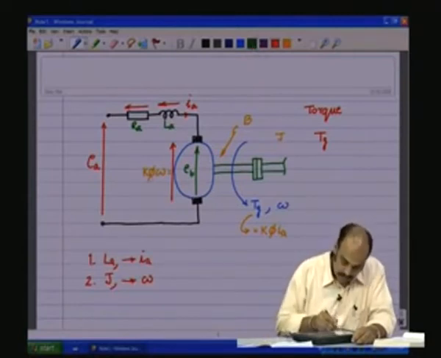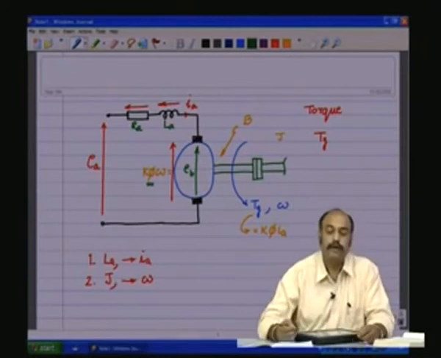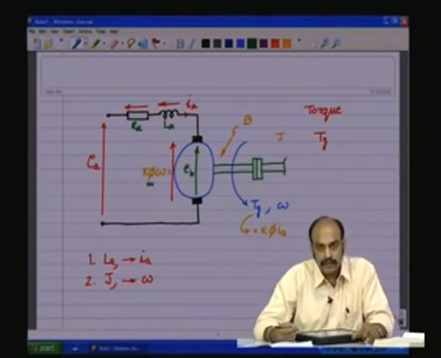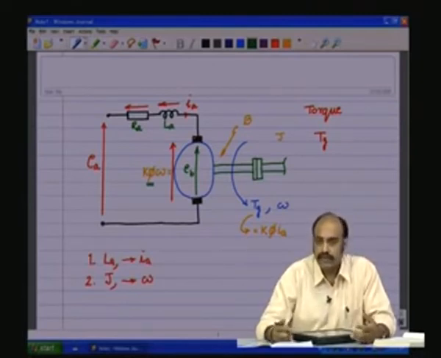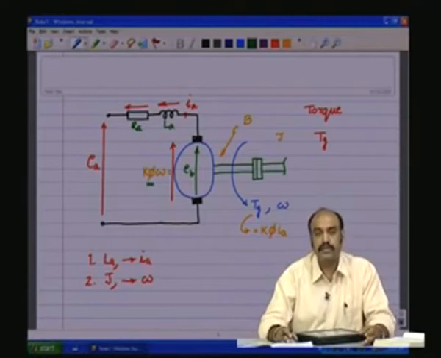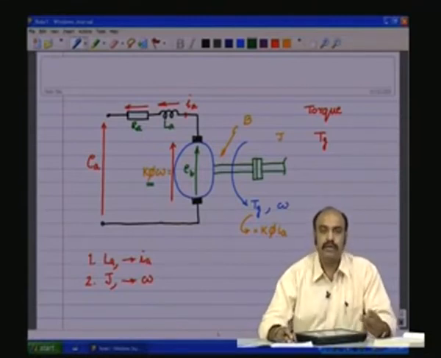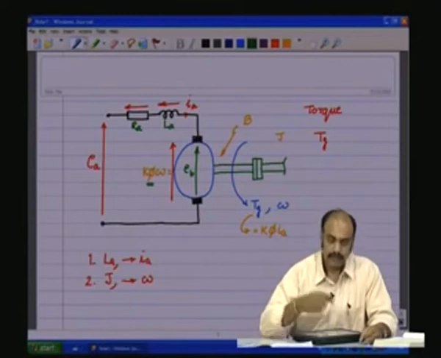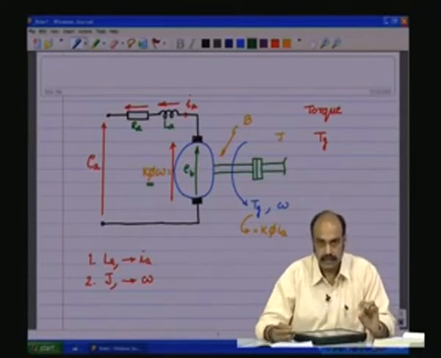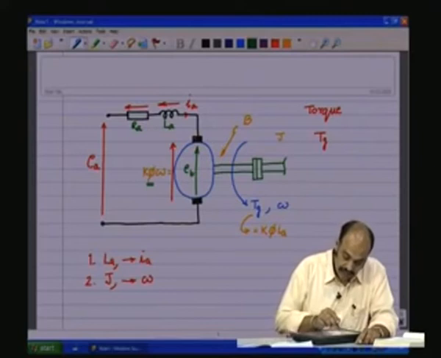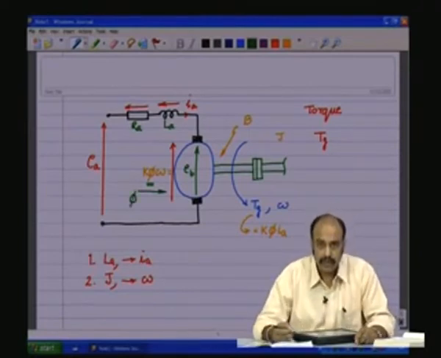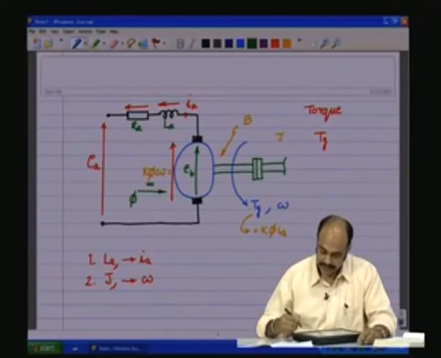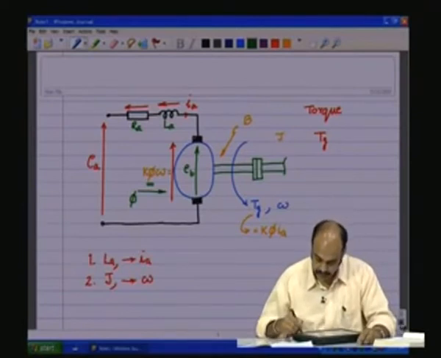Now, there is one more issue, and that is phi. How are we generating phi? Because the excitation, the field, is generated differently with respect to different topologies of the motor, as we saw in the case of the shunt motor, the series motor, and the compound motor. Which means, as far as this motor is concerned, there is one more input, phi, that we need to take care of.